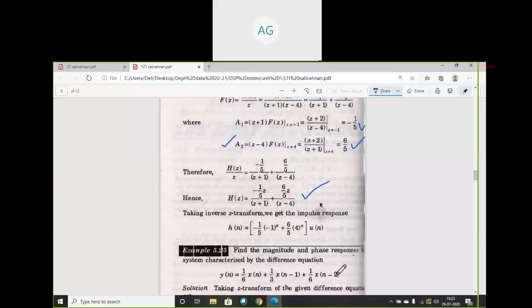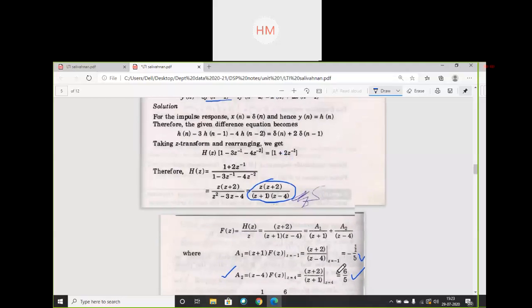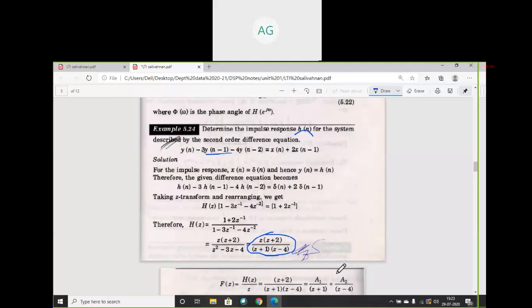Is it understood? The second equation only depends on my present input and past inputs. Clear? Yes ma'am. And Aditi, what is happening in the first one? Tell again. In the first, y of n and y of n minus 1, n minus 2 means it depends on past outputs. Depends on past output, what? Present input or present output? Present output is my y of n, which I want to find out, and it depends on the values of present input, past inputs and past outputs. Clear? So such kind of systems are known as,